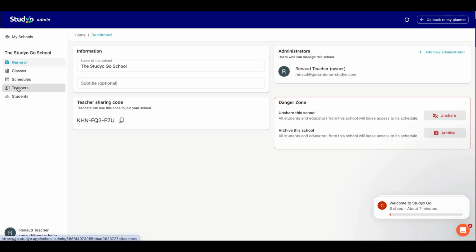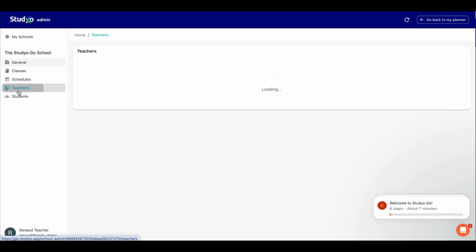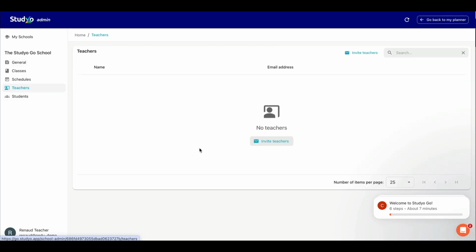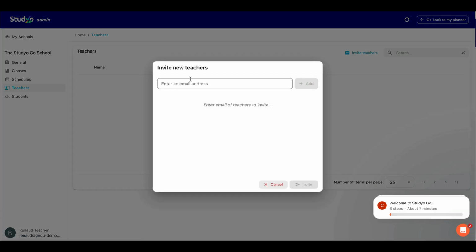Again, if you're the Google administrator, well, automatically all of your teachers will be onboarded and all of your students as well. So that'll make it even faster to set up. But we know it's not always the case. So I'll go to the Teachers tab here, and this is where I can invite teachers. And there's a few ways you can invite teachers. You can basically click on Invite Teachers here or there and enter email addresses and just add them, all manually